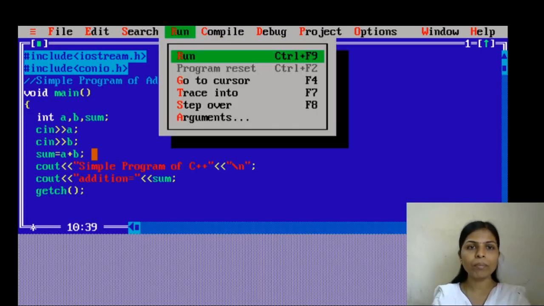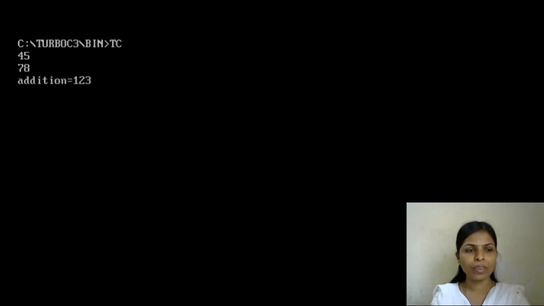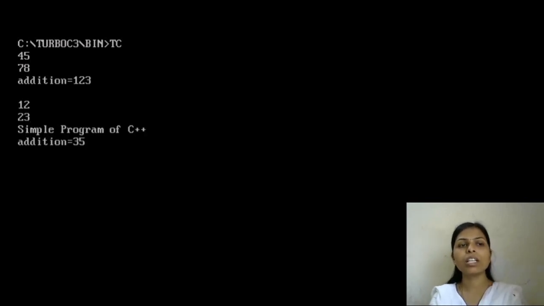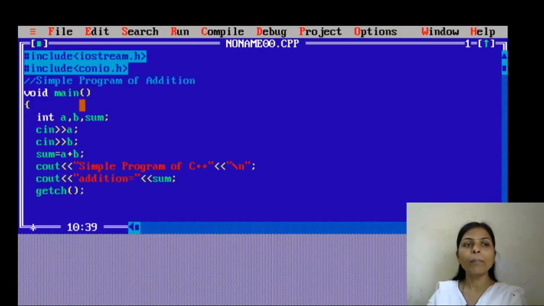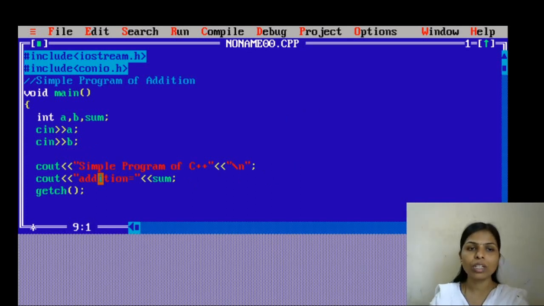Now I will run the program. So once again I have to enter the input. Now "simple program of C++" is printed below that variable. Because we have already done the addition, and afterwards we have printed our statement, that is "simple program of C++". So we can change the program and compile it. After compilation we can correct our error. So this statement I want upside. And this addition I will do downside, because first,